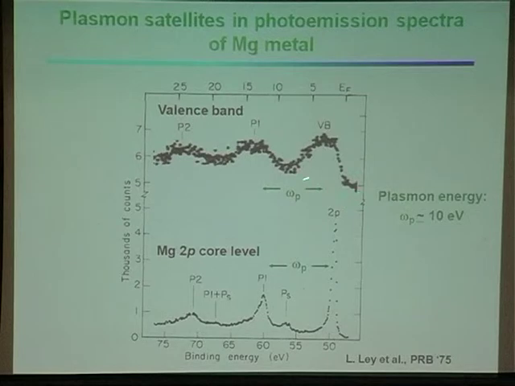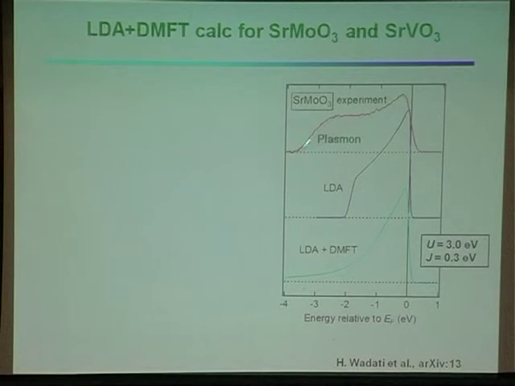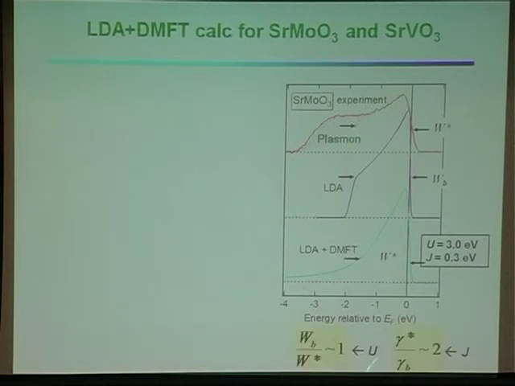For example, magnesium shows a second peak separated by the plasma energy. And in this strontium molybdate, the plasmon is 2 eV, and actually all core levels show a plasmon peak. So we consider that this is due to the plasmon, and then the remaining part agrees pretty well with the experiment, and the width does not change so much between LDA and the experiment and LDA plus DMFT, but